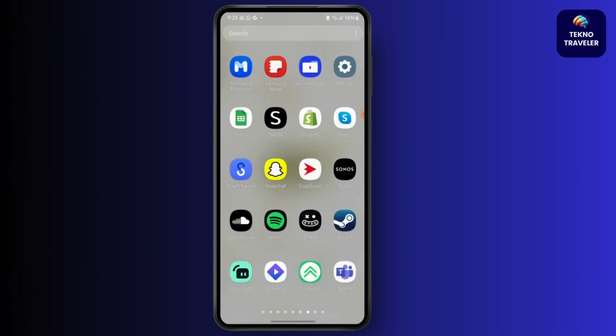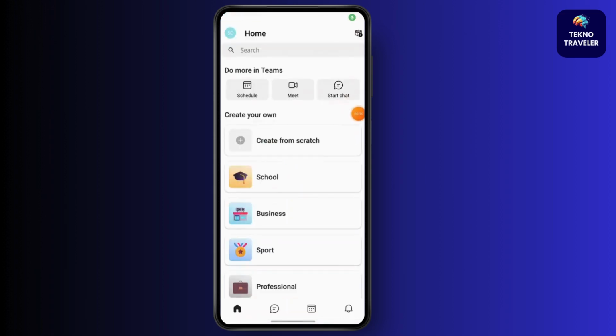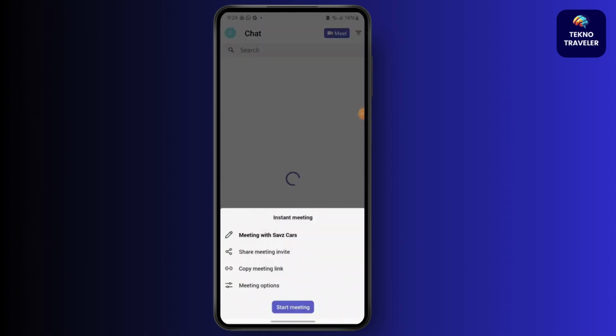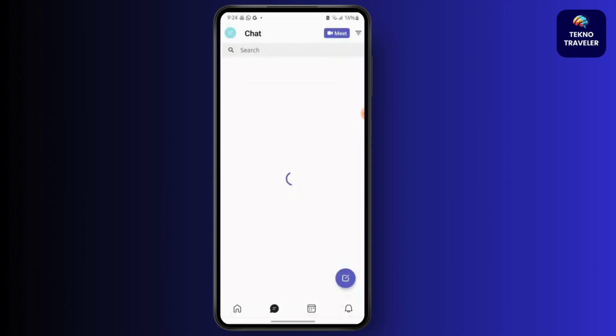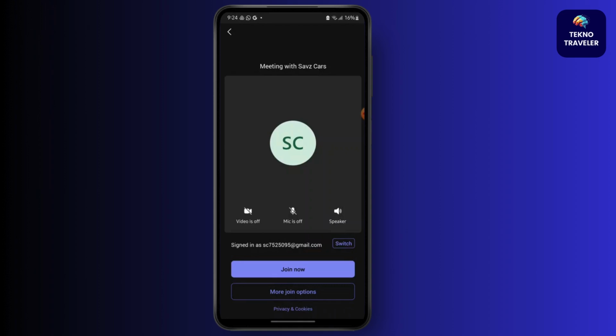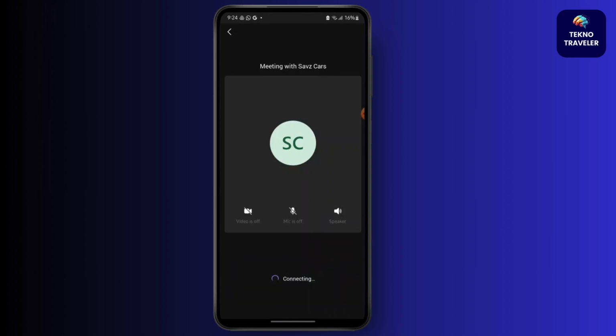So first, launch your Teams application. Now, log into your account. After that, what you will have to do is initiate a video call or a video conference. Now go to Meet. Now simply start meeting. After that, what you will have to do in order to share your screen is